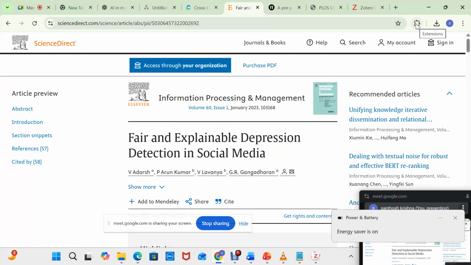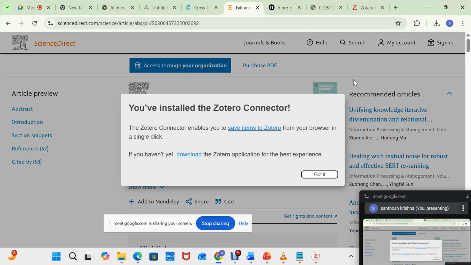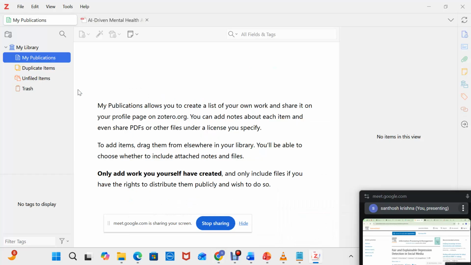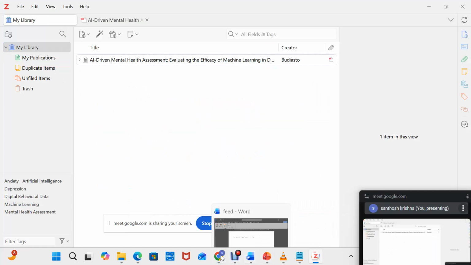So what you do is click on the extension, go to Zotero connector. Simple. Once it is done, automatically it will go into your Zotero manager.